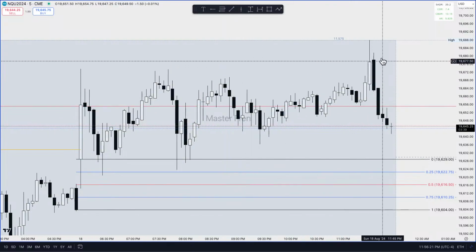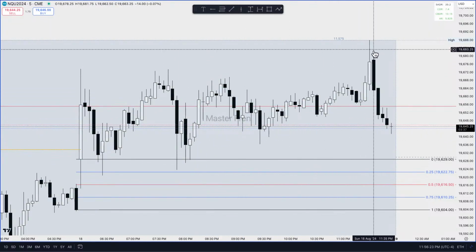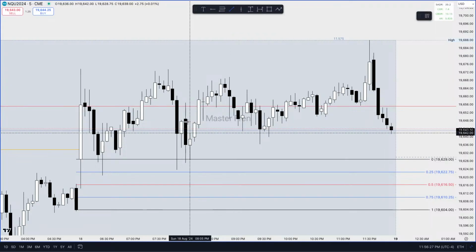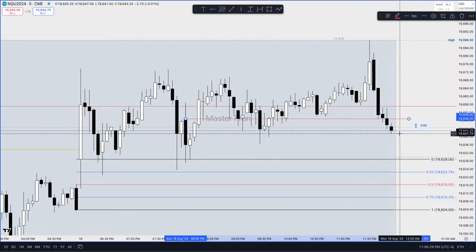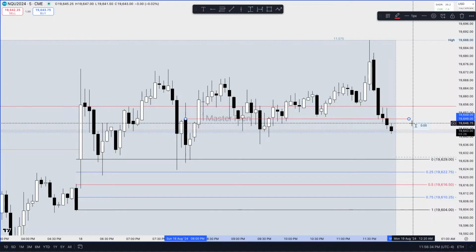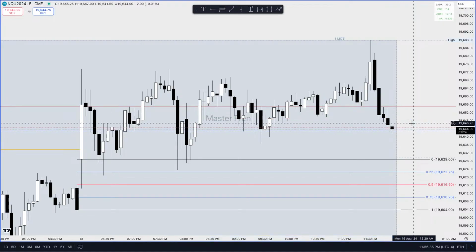It didn't really work in a big... It did have its range, right? But it opened here, and it's now below the open. So if you look at 8 p.m., we haven't closed yet, and we're below the open. We could get a seek and destroy profile. So Monday, Tuesday, Wednesday could absolutely squish everybody if you're not